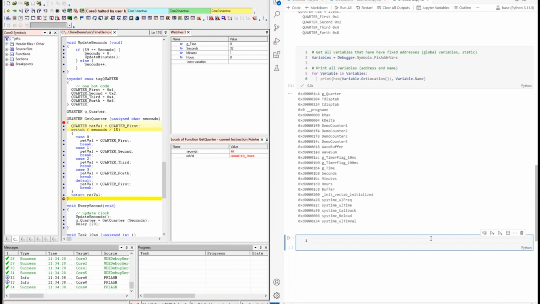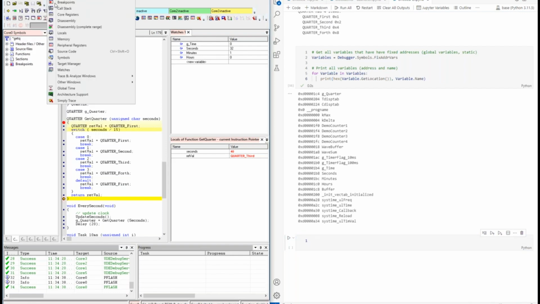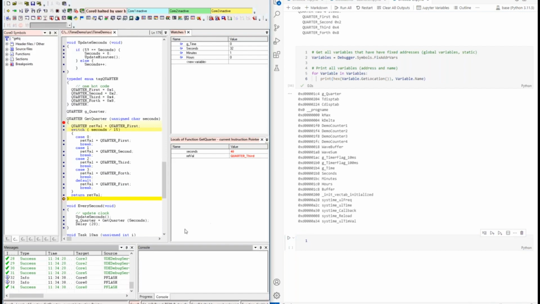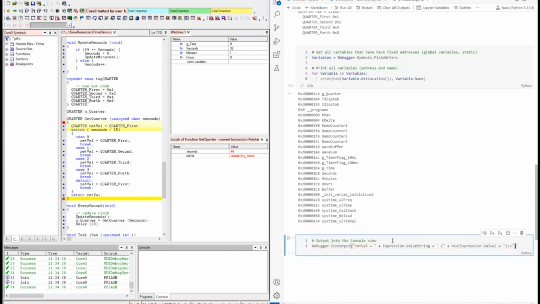And to overcome this, you can also use an internal mechanism in UDE to output some values or some text during the script execution. I open the console window here, which is now here, and we can output also, as an alternative to print in Python, using a function con output of the debugger object, for example, to print out the